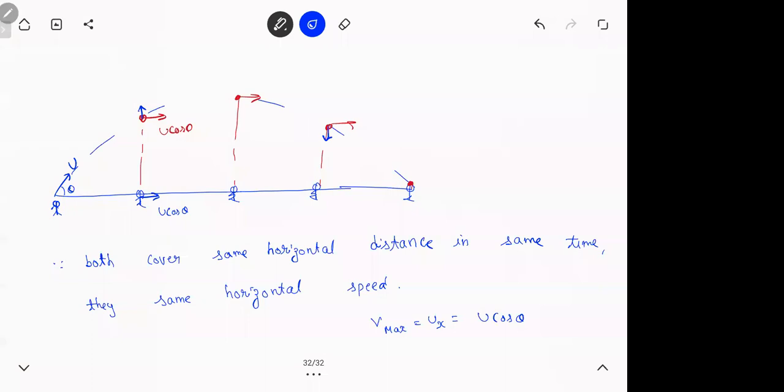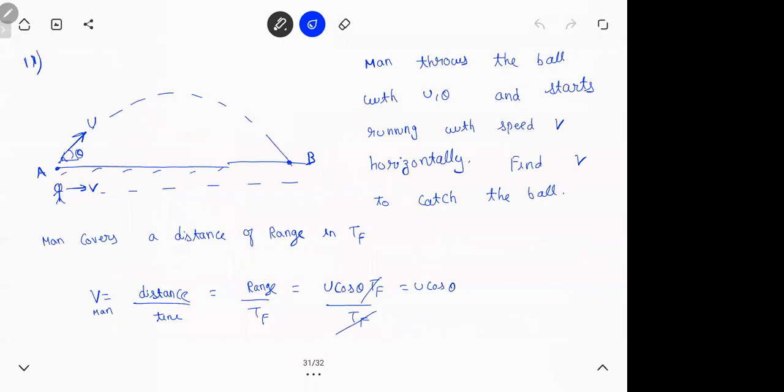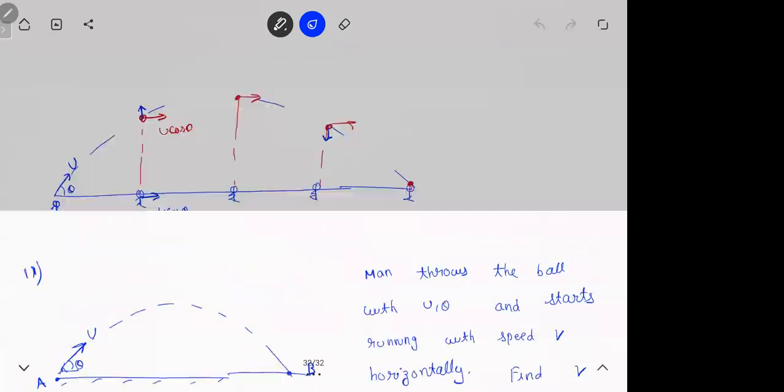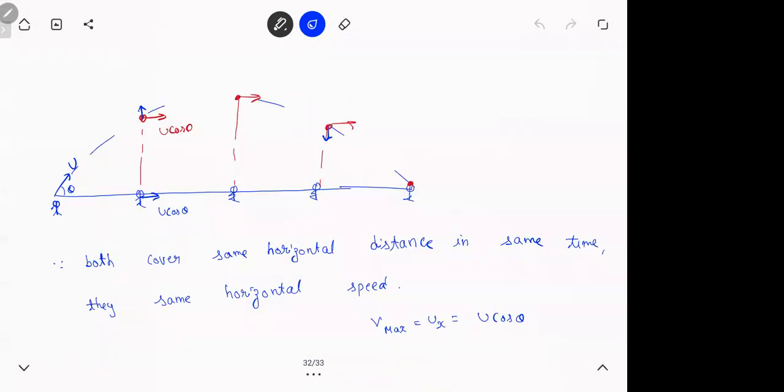Why don't we see this in real life? Because in real life, when you start running, you're actually accelerating. You don't start with a constant speed. So for some time, the ball will go ahead and then you will cover up the remaining distance. Hope this was clear. Put it down. All copied this page? So basically in this scenario, the man is always exactly under the ball.